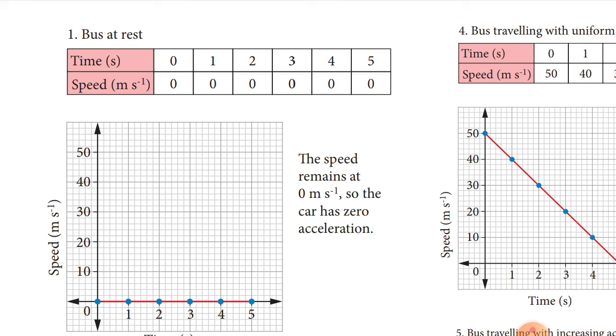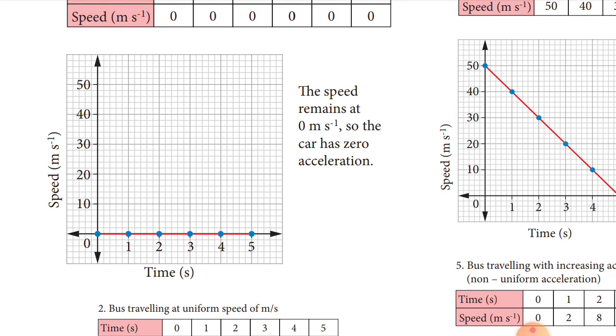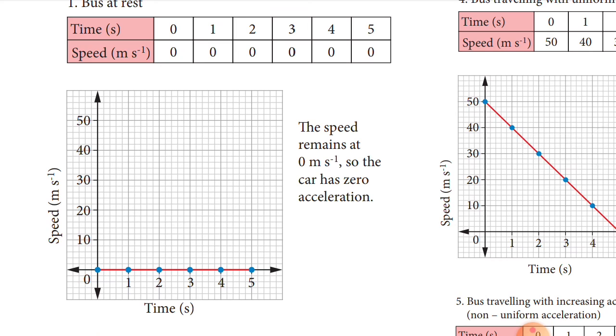Speed time graph. And here, see here, children, see the data, bus at rest. Time is given 0 to 5 seconds. Speed also, you know the SI unit of speed, meter per second. Speed is no speed, 0. All the values are 0. So see the graph. Time taking x-axis and speed taking y-axis. So time will be 0 to 5 seconds. Speed, you should take a small value, 0 to 50. Just have to take the 50. And you plot 0, 0, 0. All the values are 0.